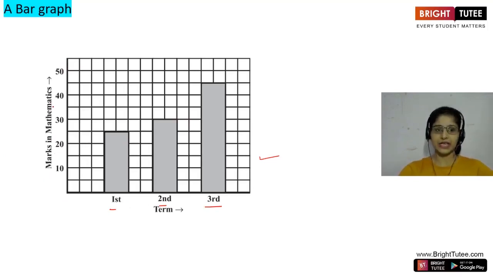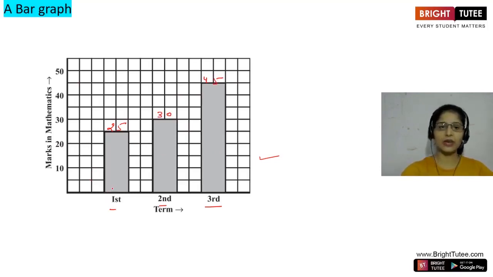Marks in mathematics. So these are marks of a student in mathematics in first term, second term, third term. First term the marks scored are 25. The second term marks scored are 30. And in third term the marks scored are 45, right? So whenever we have to do some comparison, we have to show a trend, then we use these bar graphs,